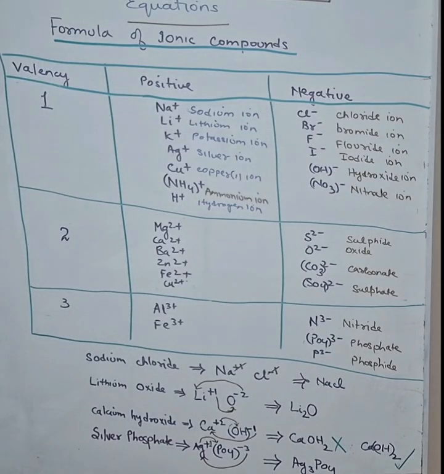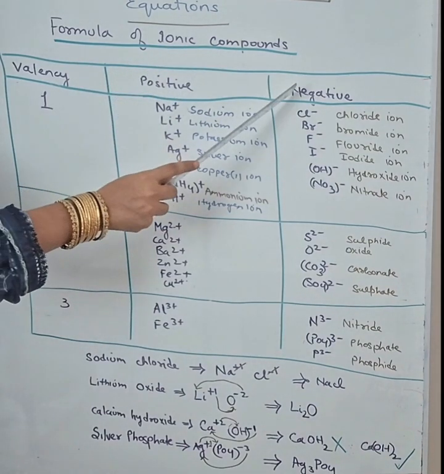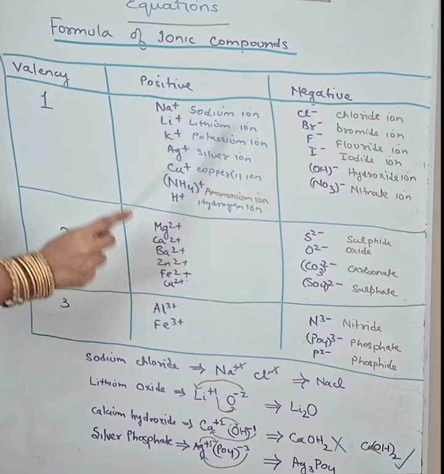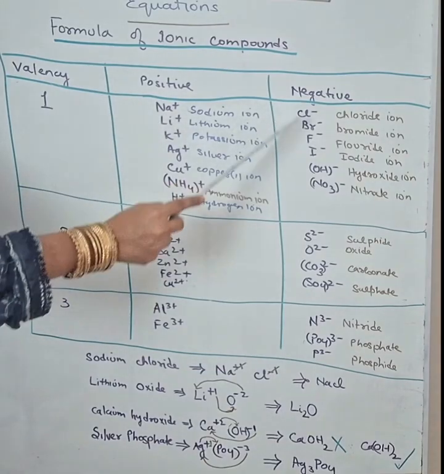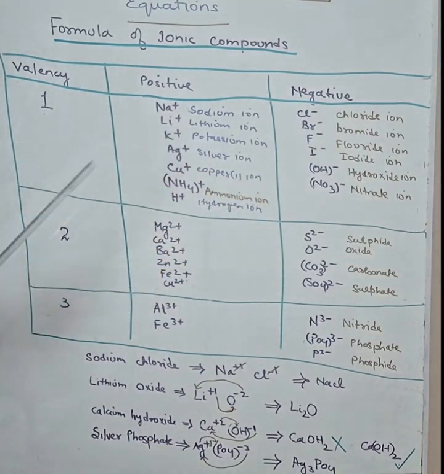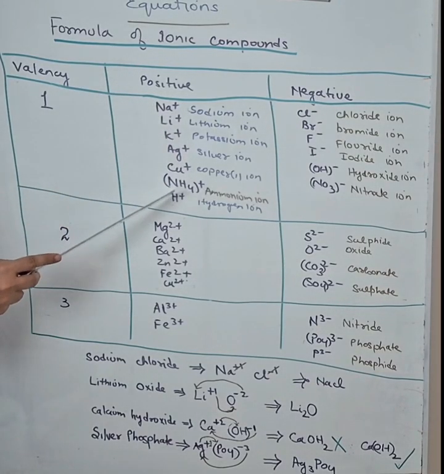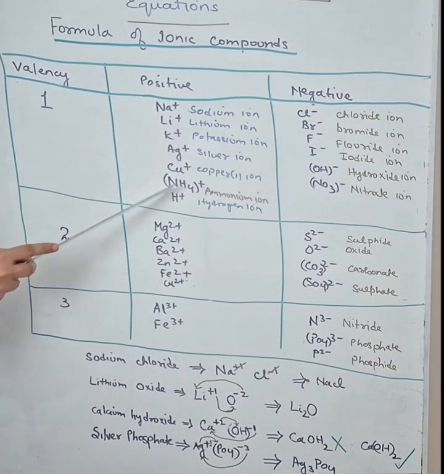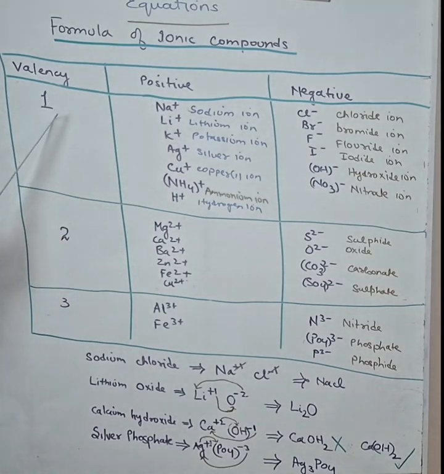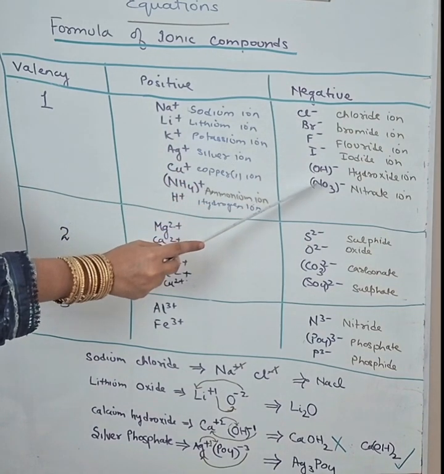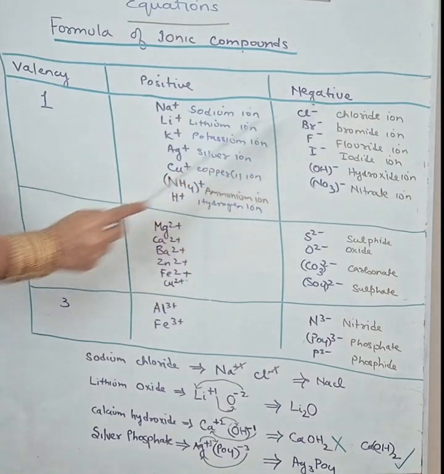So, let's start. In this table, we have discussed the positive ions and negative ions and their valencies. Here, first, we will discuss all the positive ions whose valency is 1 and all the negative ions whose valency is 1. Now you see this: sodium ion, lithium ion, potassium ion, silver ion, copper ion, ammonium ion, hydrogen ion. These are all positive ions whose valency is 1. Similarly, chloride ion, bromide ion, fluoride ion, iodide ion, hydroxide ion and nitrate ion are the negative ions whose valency